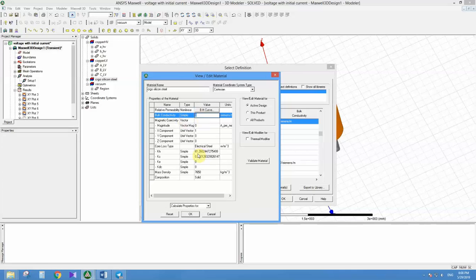as zero, and the losses that consider the core loss should be assigned here by the coefficients like KH or KC or KE that represent the DC flux loss, eddy effect from flux loss, and I don't remember these two. You can